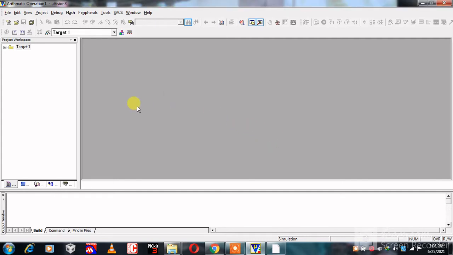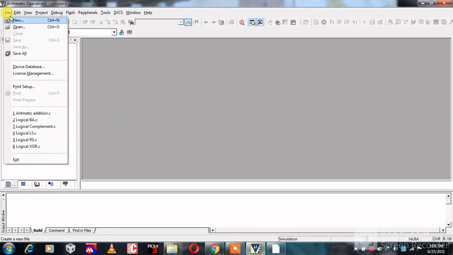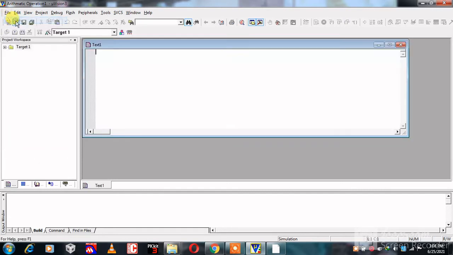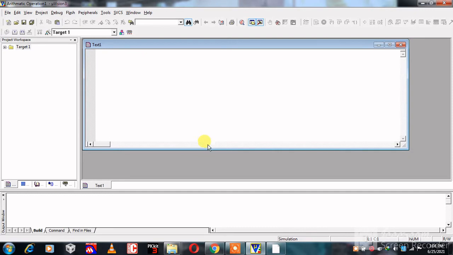Our second part is addition of source file and code writing. For addition of source file, click on file and click on new. Now here it opens a new window, text 1. You will write the 8-bit addition program in this window. Now I am writing this program for 8-bit addition.